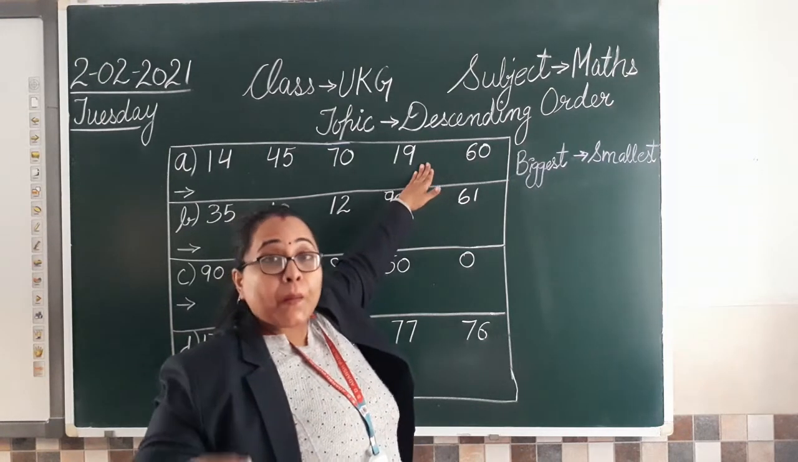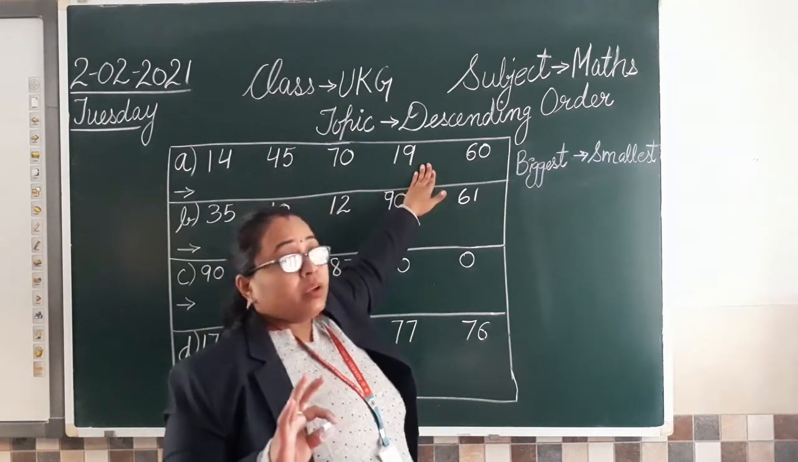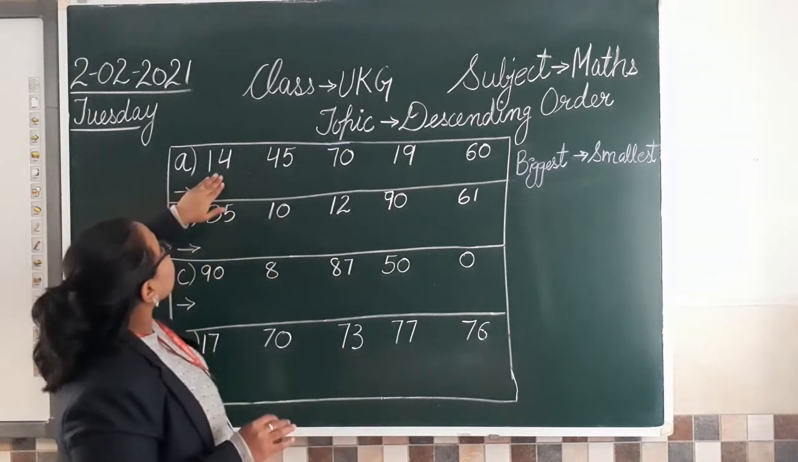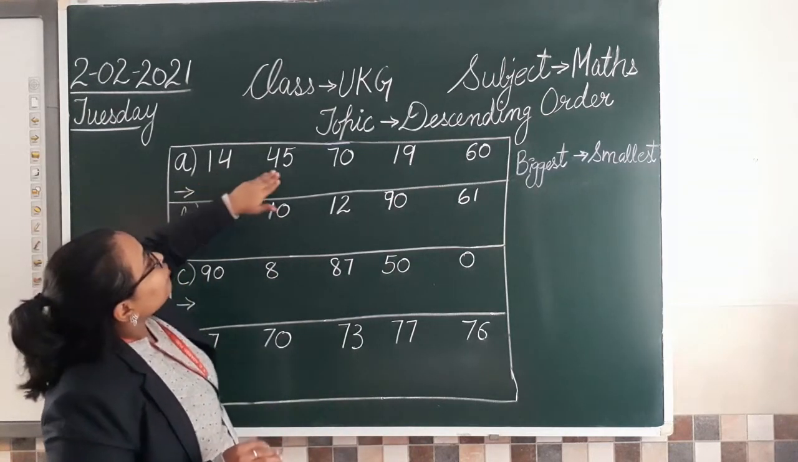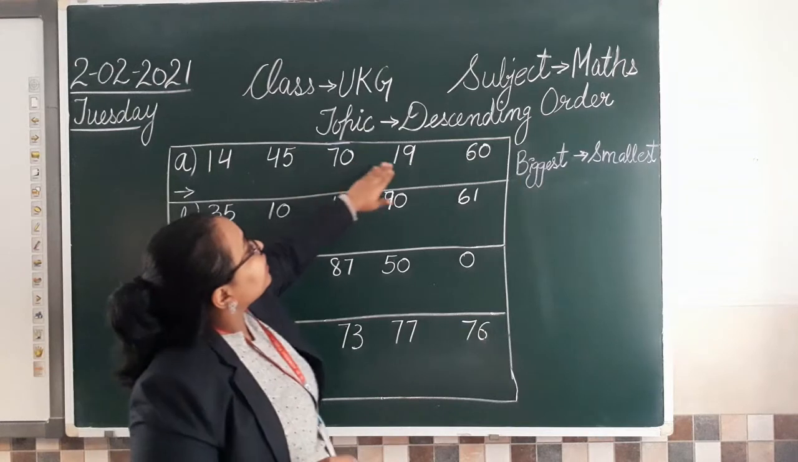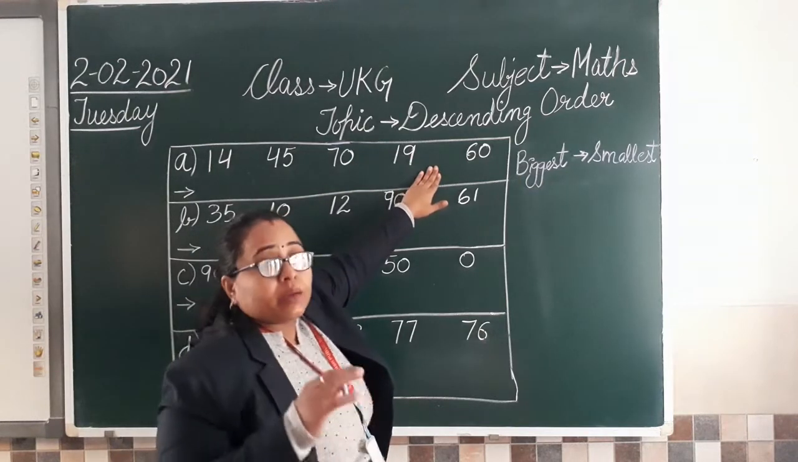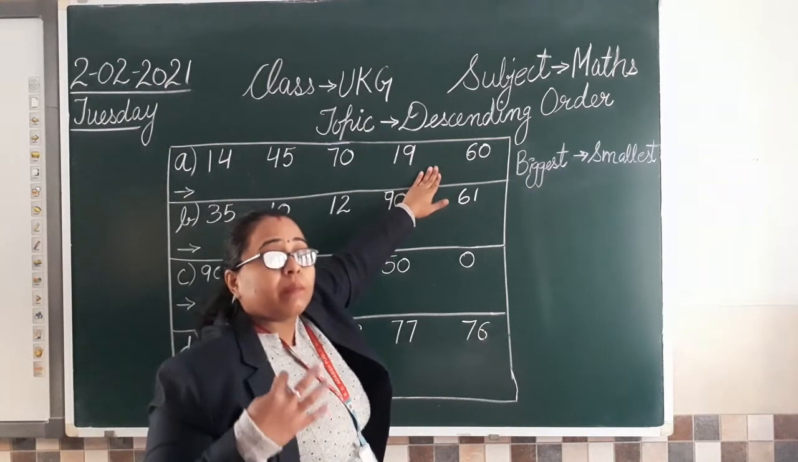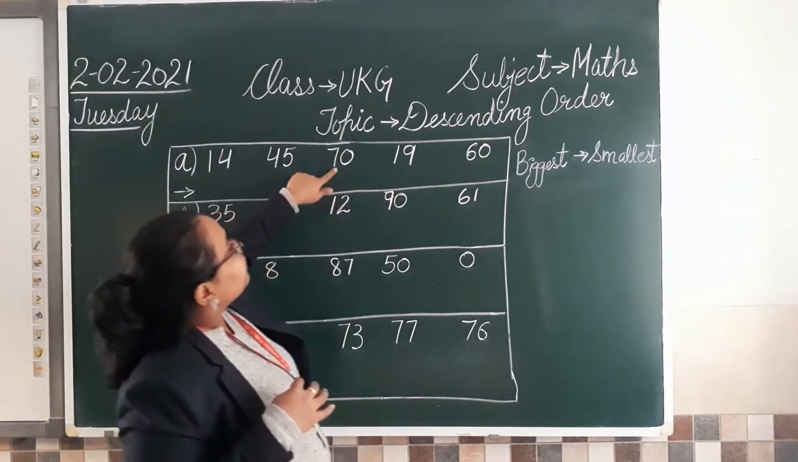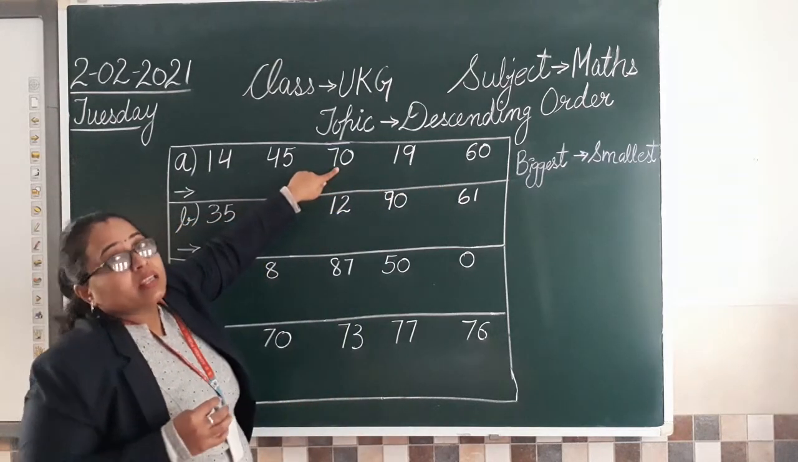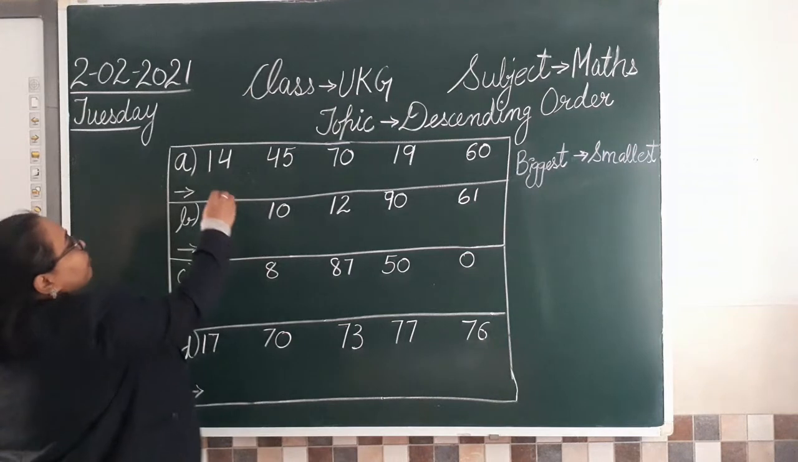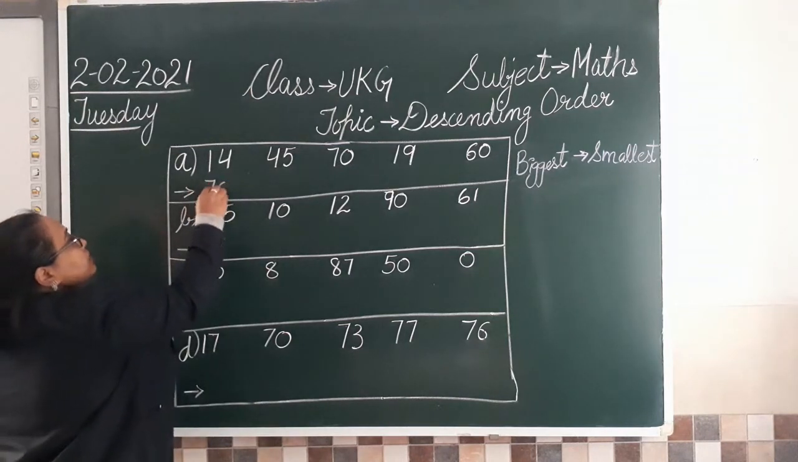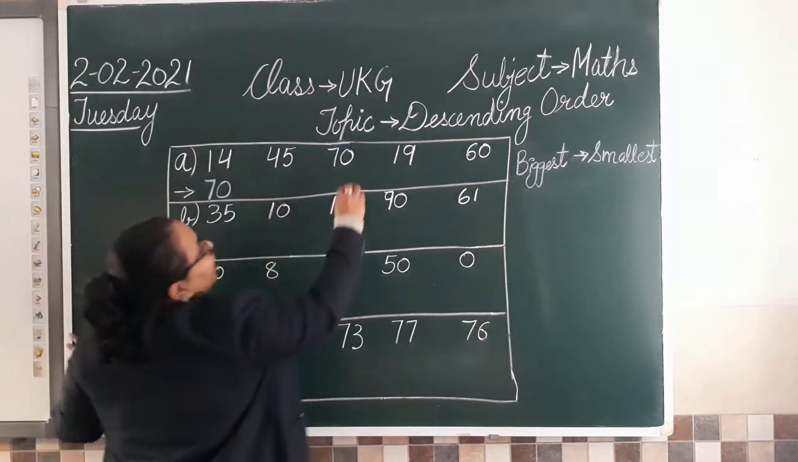Biggest is बड़ा, सबसे बड़ा. So the सबसे बड़ा number here is 40, 45, 70, 90, 60. जब आप इन numbers को read करोगे तभी आपको पता लग जाएगा that 70 is the biggest. So first we are going to copy that 70. Is that clear? And after that